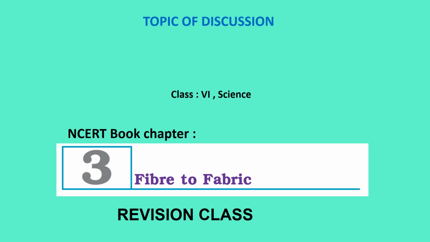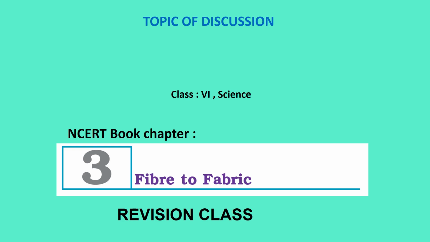Today we are going to revise the second topic of Fiber to Fabric, that is, we are going to discuss the plant fibers. One is cotton fiber, another is jute fiber. How they are obtained from the cotton plant and jute plant. We have already learned it in the previous class, when I taught you all the processes and how they are extracted from the plants. Again we are going to recapitulate this topic.